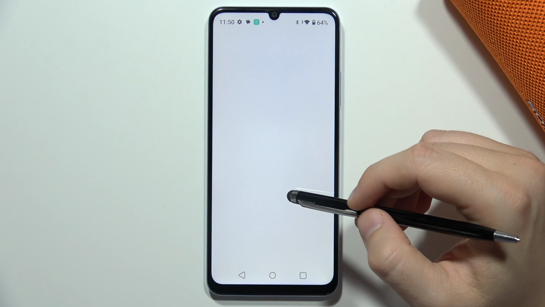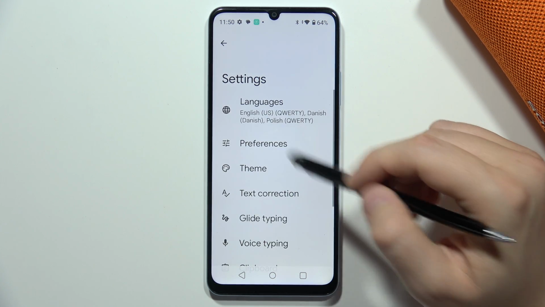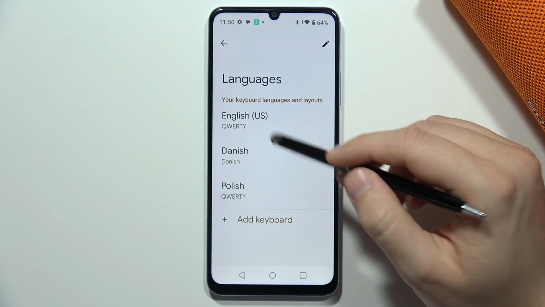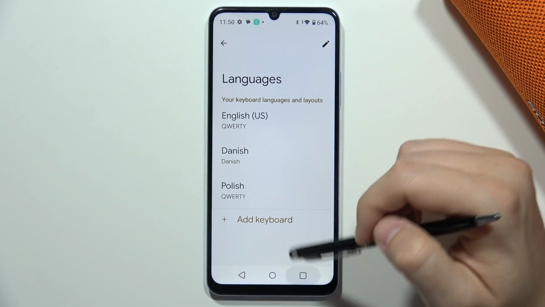Okay, we have to just go back for it. Something goes wrong. So let's go back. And as you can see from this, you can find all of the languages. And now when I'm gonna input, for example,